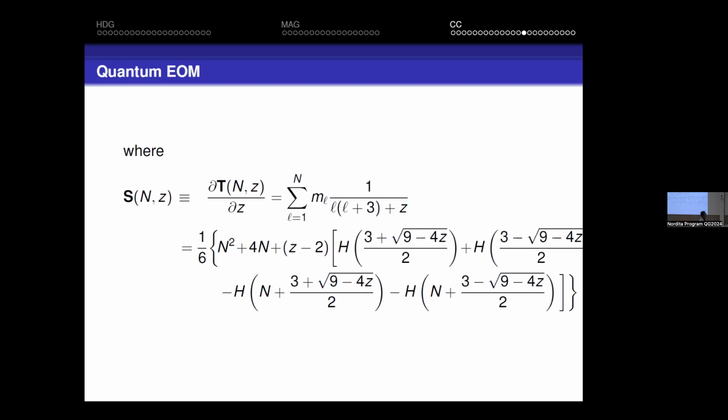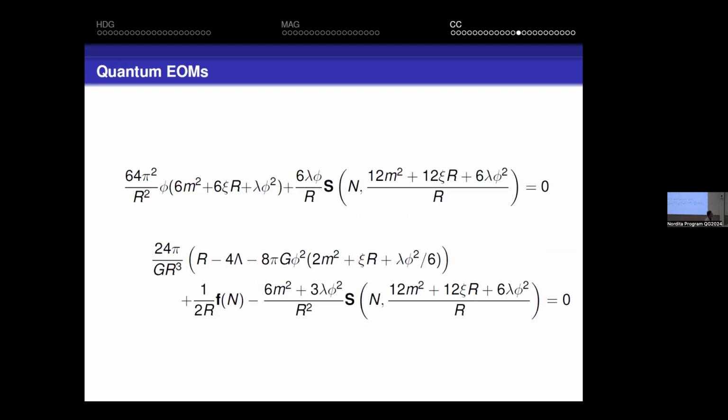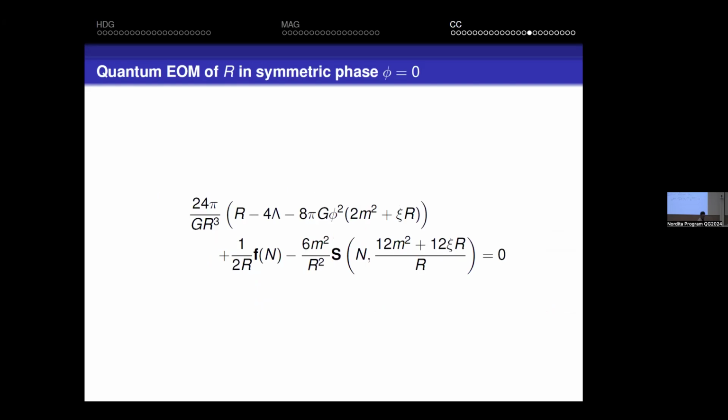And it can be expressed as these special functions, they are called harmonic numbers. It's a quadratically divergent function of n, and then there are these harmonic numbers inside. So these equations now are transcendental. You can't solve them anymore. We simplify our lives by assuming that we are in a symmetric phase. So you see in particular, phi equal to 0 is always a solution of the phi equation of motion. So let's assume phi is 0. You can put phi equal to 0 also here. And the equation simplifies a bit, but it's still unsolvable